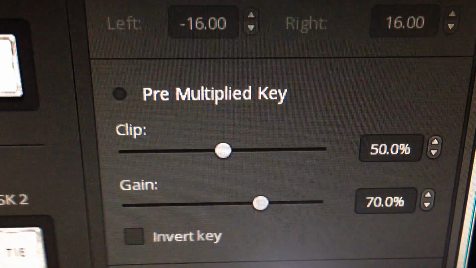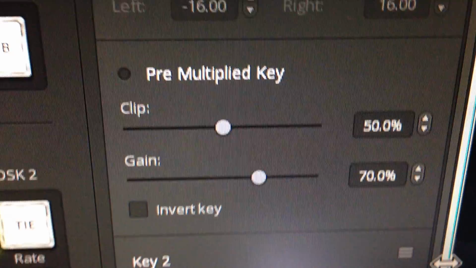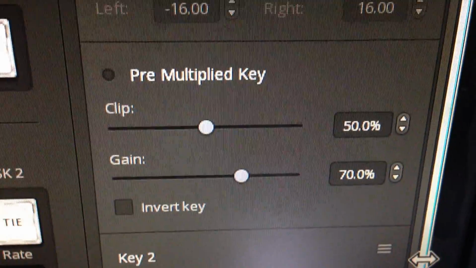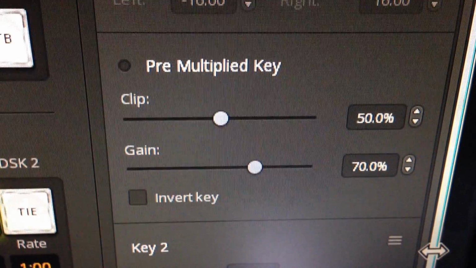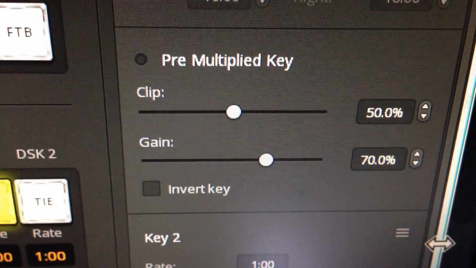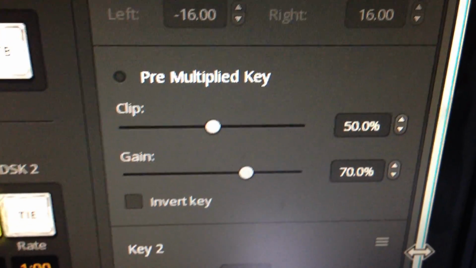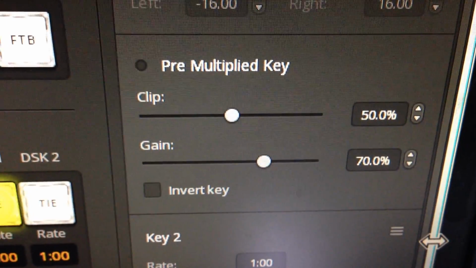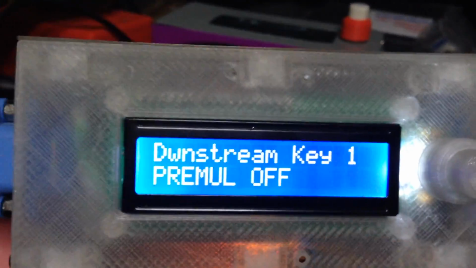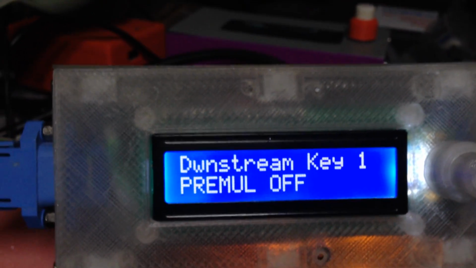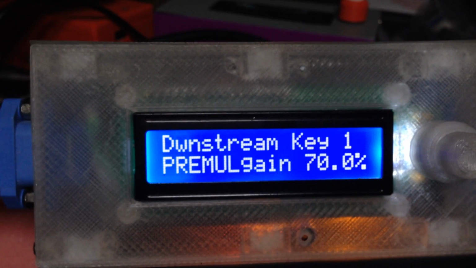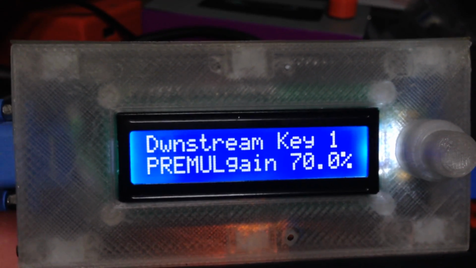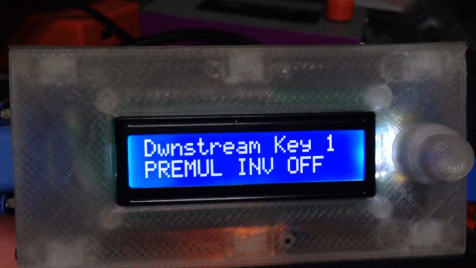Pre-mult is the keyer's pre-multiplied keys. What this does, if you've got an alpha channel on your key, it will just use the alpha channel to do the clip and gain. But if it's a luminance type key, you can then turn pre-mult off, and then it will give you the ability to adjust clip and gain. All that's available here. So I've got pre-mult off, so I should be able to see on the next menu item the clip, there it is, the gain, there it is, and another item that's also available is the invert,